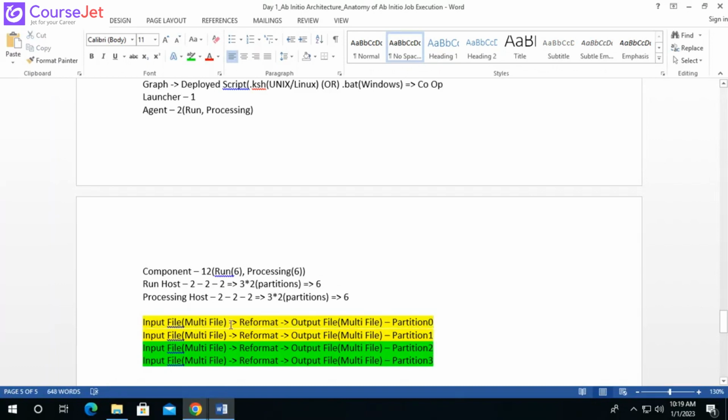So if you see this, this is how it creates. You have partition 0. For this partition 0, it creates one reformat process and one output file to write the partition 0 data to the target. The same way, for partition 1, it has one reformat component for processing the data in partition 1 and writing the data to the partition 1 data directory. The same is applicable for partition 2 and partition 3. Is this clear? So here you can say 1, 2, 3, 4,